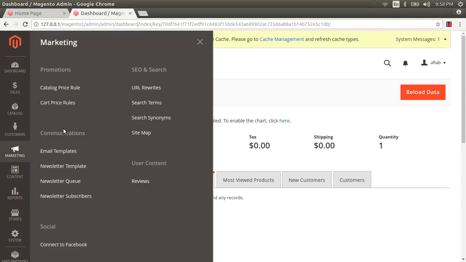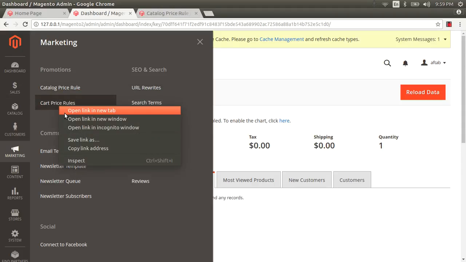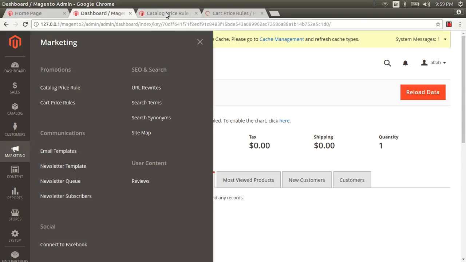Guys, see this is the list. The first one is Promotion, the second is Communication, the third one is Social, or second one, I mean sorry, the fourth one is SEO and search engine, and the last one is Review. So guys, we will discuss all of these one by one. So catalog price rule and cart rules are used for